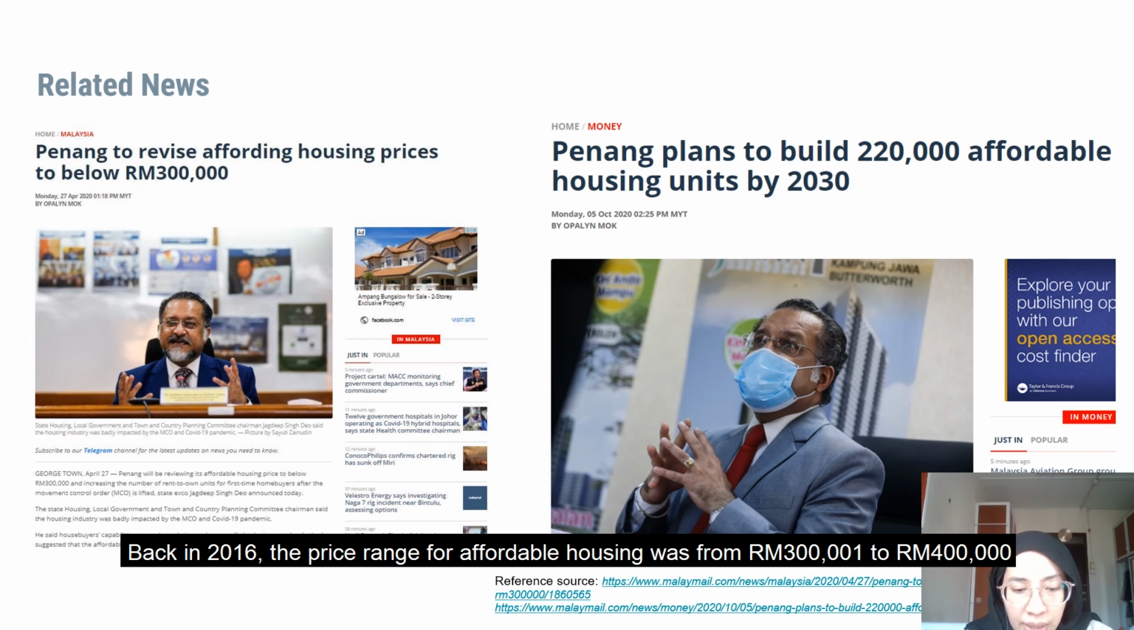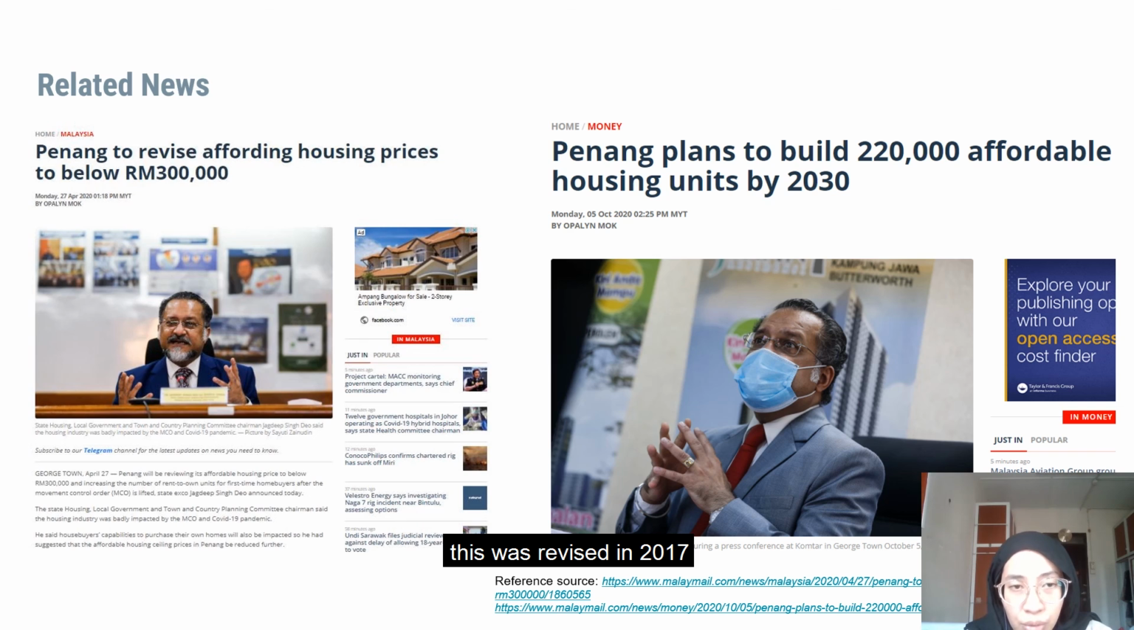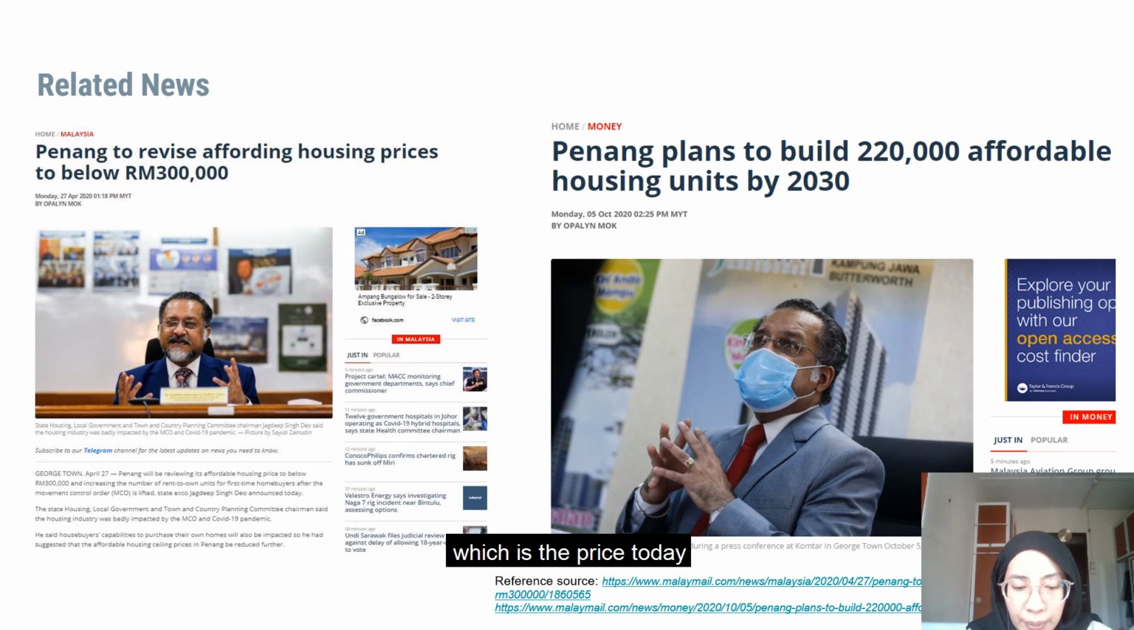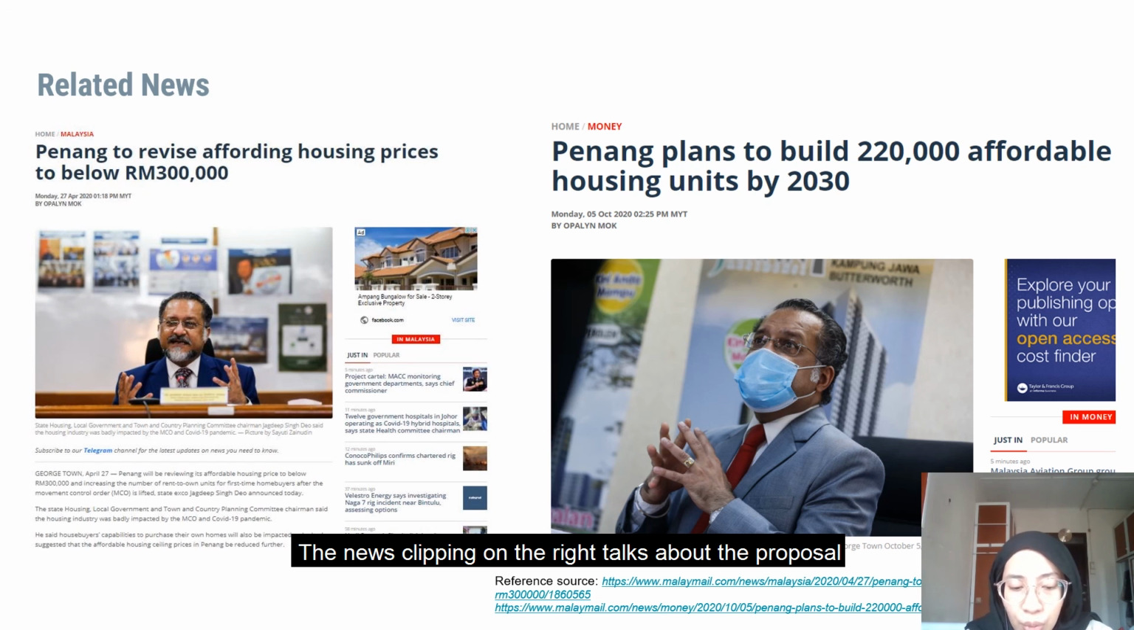Back in 2016, the price range for affordable housing was from 300,001 ringgit to 400,000 ringgit. This was revised in 2017, where the highest range of affordable housing is 200,001 ringgit to 300,000 ringgit, which is the price today. The news clipping on the right talks about the proposal to build more affordable houses in